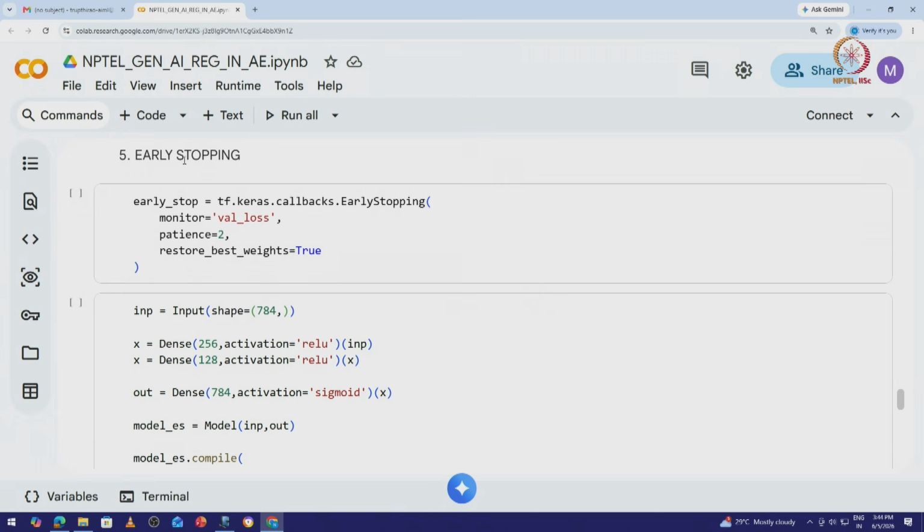The threshold can be set by different users. We may limit the patience level to 2. When there are no more changes after 2 epochs or maybe 5 epochs, we can stop the model development. So how do we define this early stopping? Early stop will be equal to